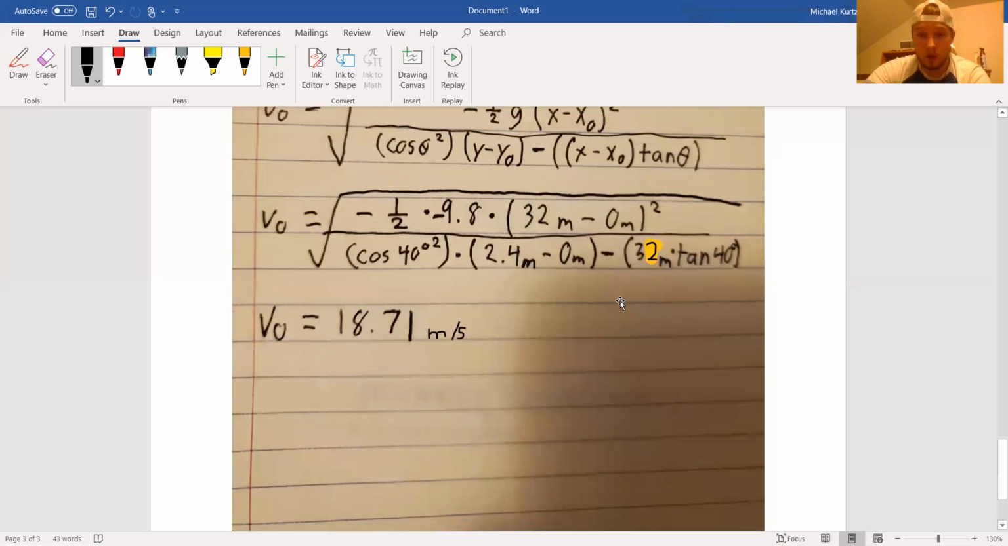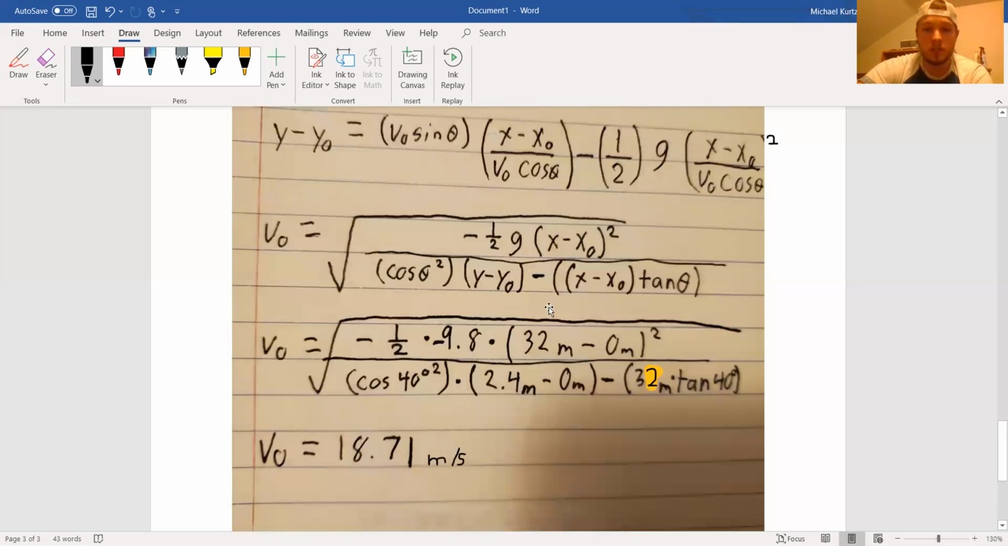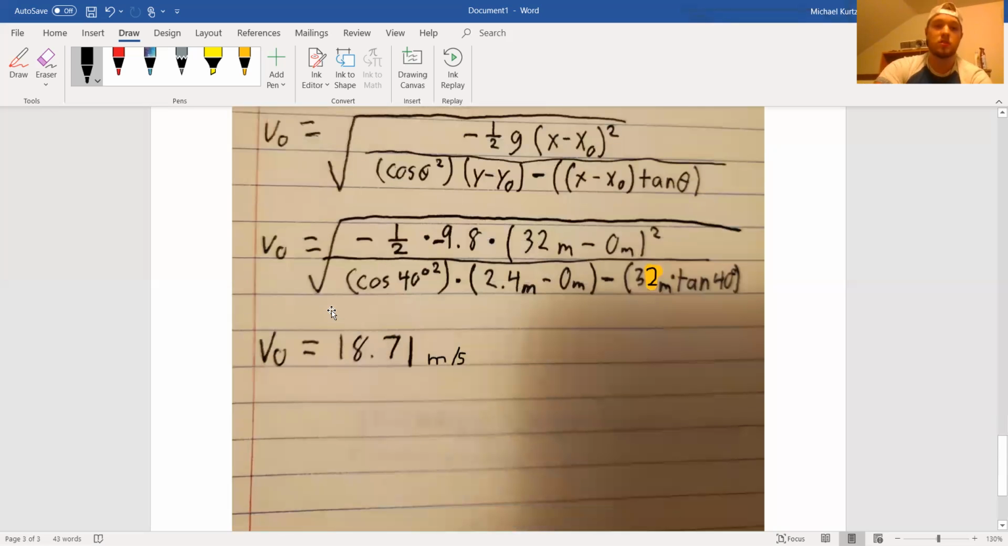So when you input all the numbers into this, you get the initial velocity equals, also on this equation here, we have to take the square root of it because this up here was squared. So in order to get our initial velocity, we have to take the square root. So this is all taking the square root of. So we have our initial velocity,